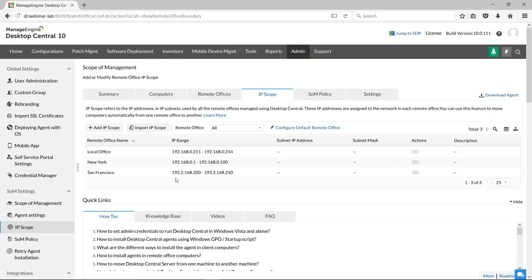So this is the first benefit: we are helping the machine get all the configurations. When the user comes to San Francisco and logs into the network, the machine is going to adapt to an IP which falls under the range. So any configuration I push to all the remote offices or the complete domain is going to get applied to the machine, which is also part of the New York machines. So that machine is completely managed, and especially it is not prone to vulnerabilities or threats